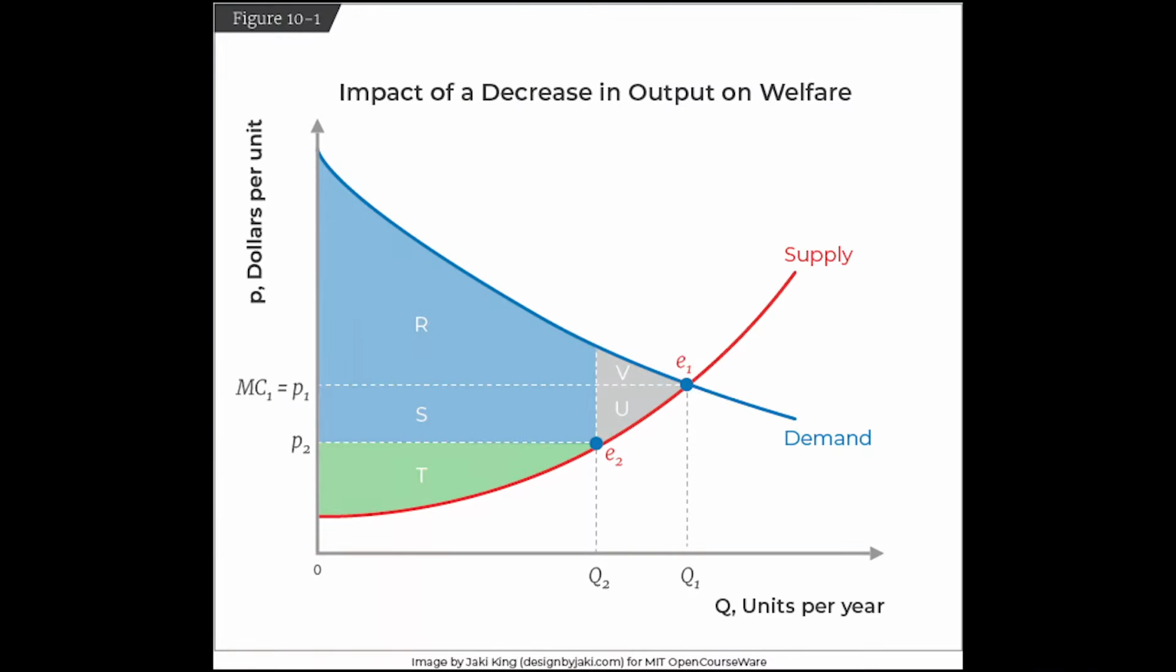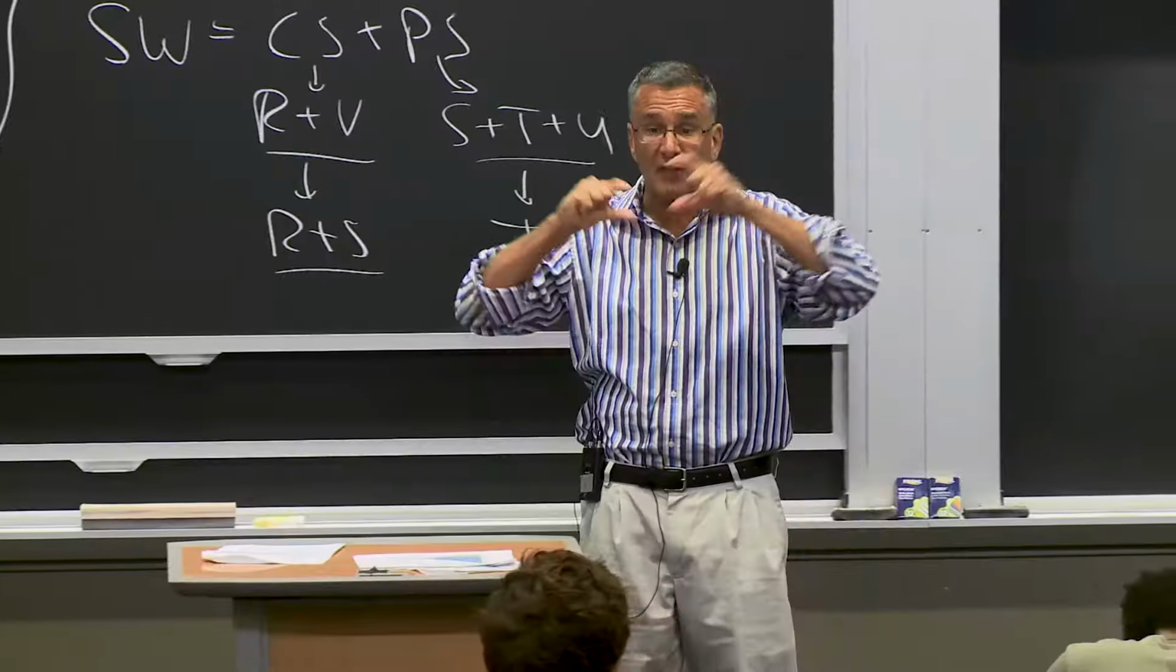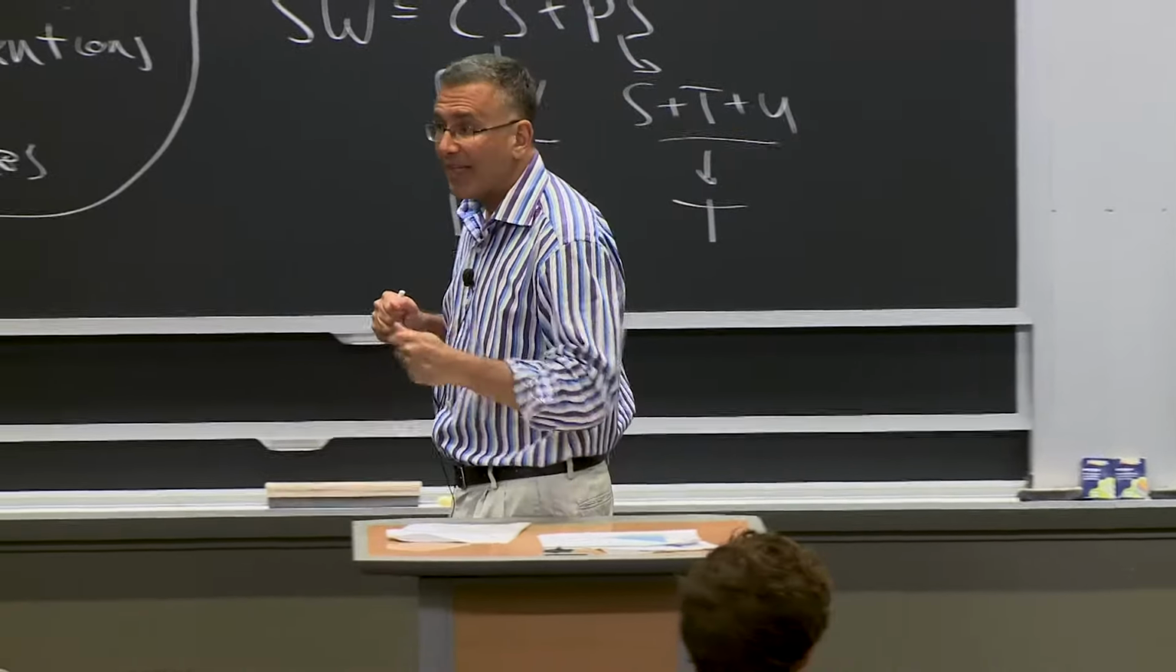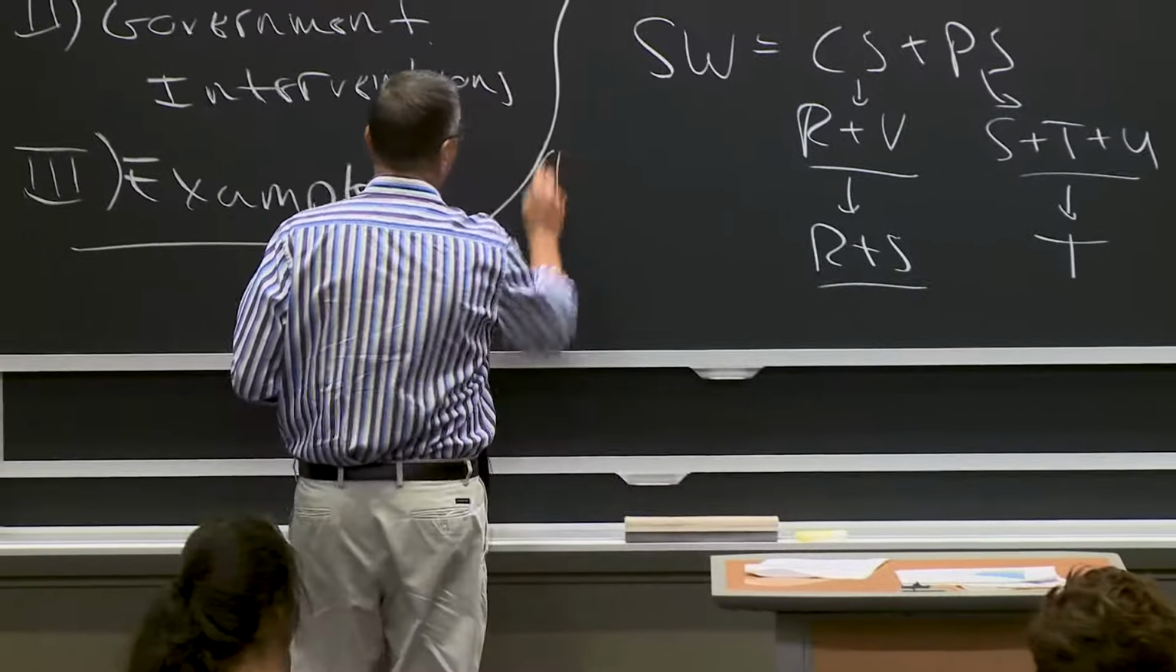S used to be part of producer surplus. We're now giving it to consumers. The first thing that happens is a transfer. That was probably the idea of this policy: make consumers better off. So we've transferred what used to be producer surplus to consumers. That's the rectangle S. That's the first thing that's happened. So thing one that's happened is a transfer